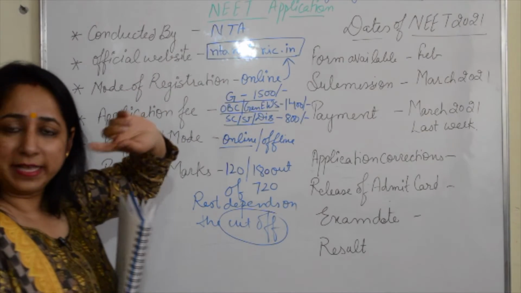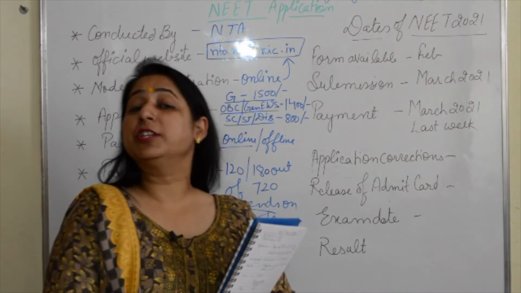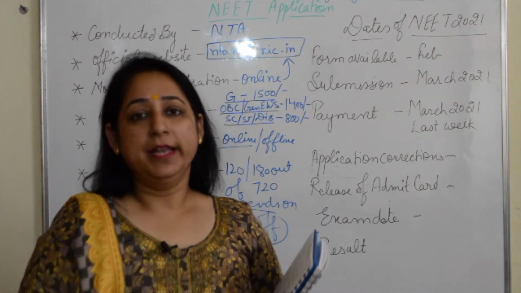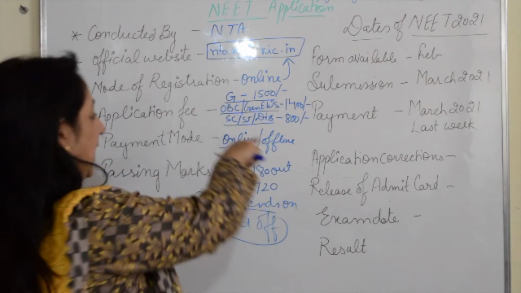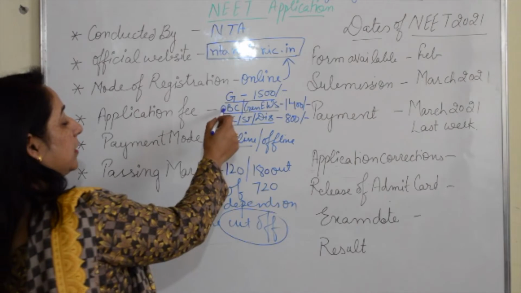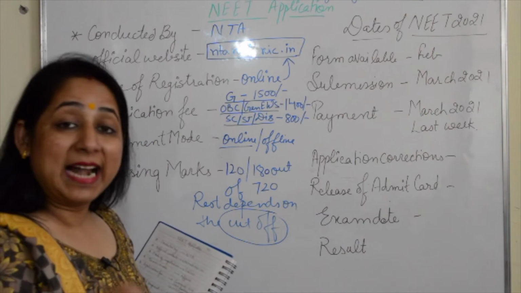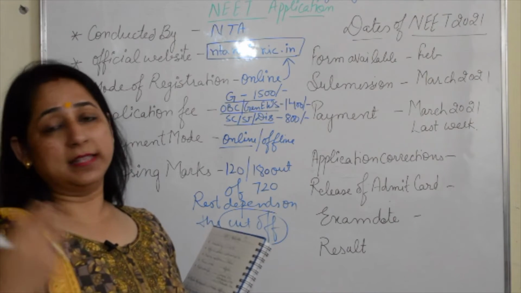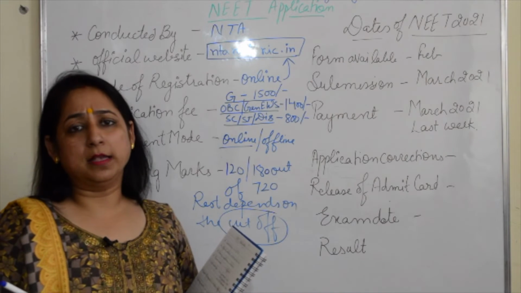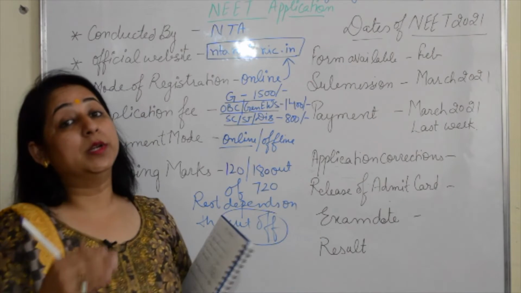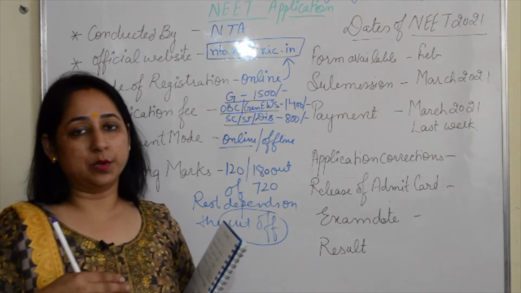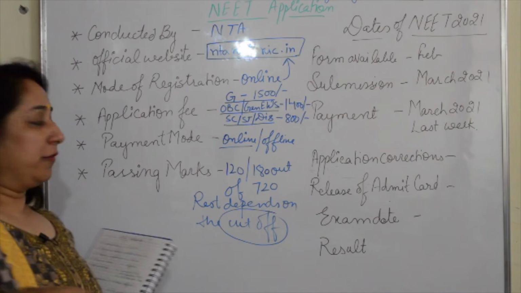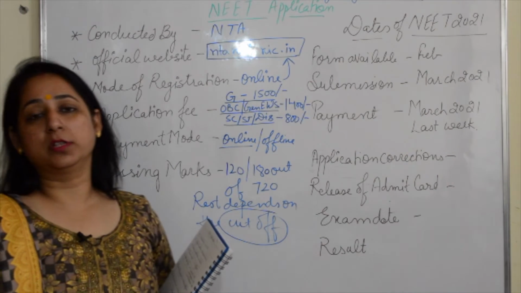Now listen very carefully, this is something important. When you go to the official website, you get a list of particulars which you need to attach there. It should have your 12th mark sheet and your category certificate. If you are general, no category certificate is required, but in the other categories you need to submit your category certificate also. Then there are multiple other documents which are asked, like Aadhaar. Documents will be scanned and uploaded on the website. Then you make the final payment, online or offline. The passing marks obviously depend on the cutoff list.